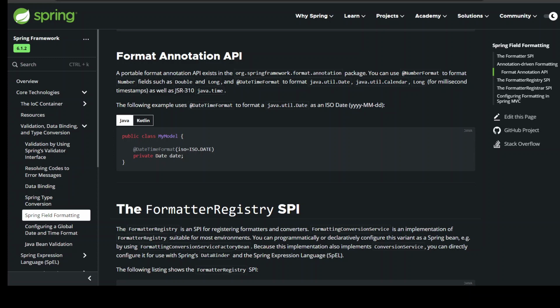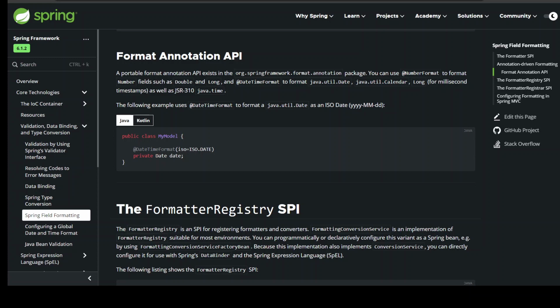You can use @NumberFormat to format number fields such as double and long, and @DateTimeFormat to format java.util.Date, java.util.Calendar, long for millisecond timestamps, as well as JSR-310 java.time. The following example uses @DateTimeFormat to format a java.util.Date as an ISO date, yyyy-MM-dd. public class MyModel { @DateTimeFormat(iso=ISO.DATE) private Date date; }